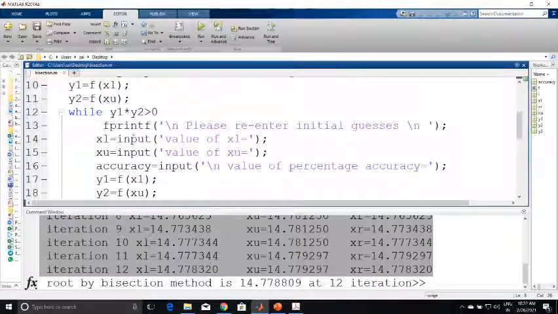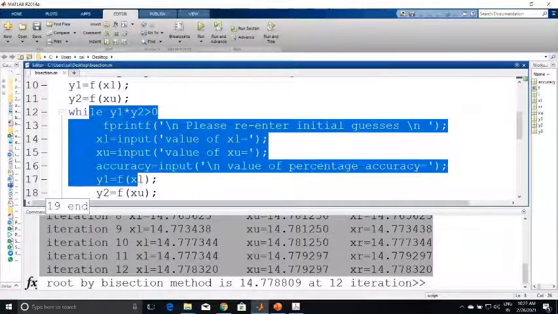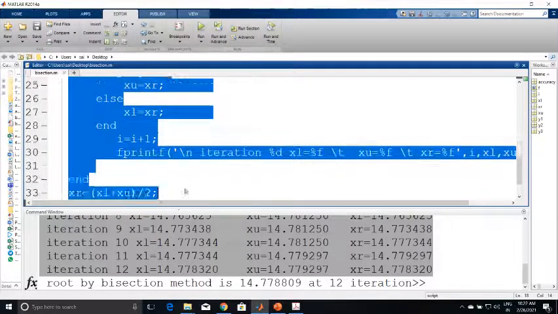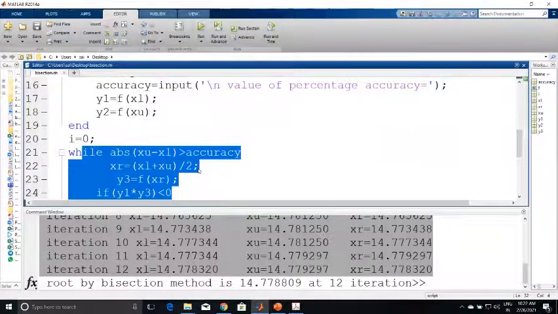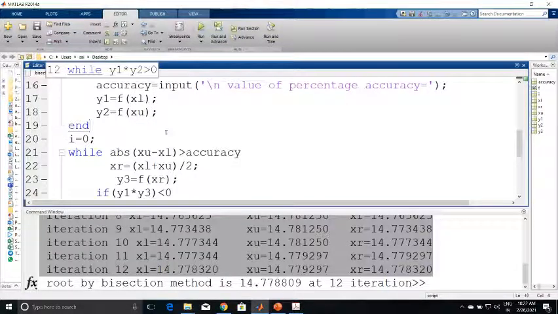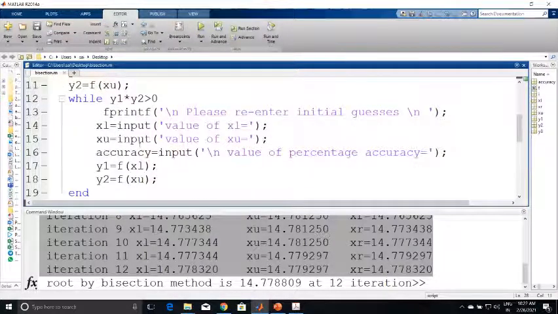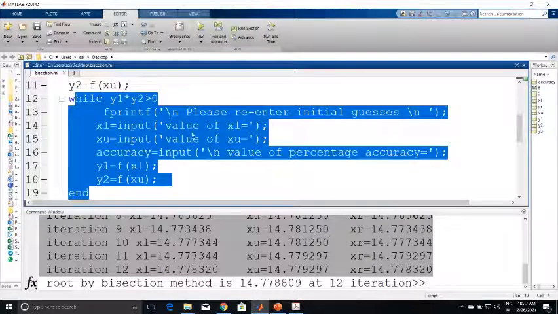This particular first while loop is for checking the condition of convergence, that is whether the root lies in that particular interval or not, and the second loop is for the method. Usually the examiner asks a question, which is the loop for the method of bisection in this particular program, then you should be able to highlight that this second loop contains the method and the first loop contains the check. So this is the bisection method. This is the first program.